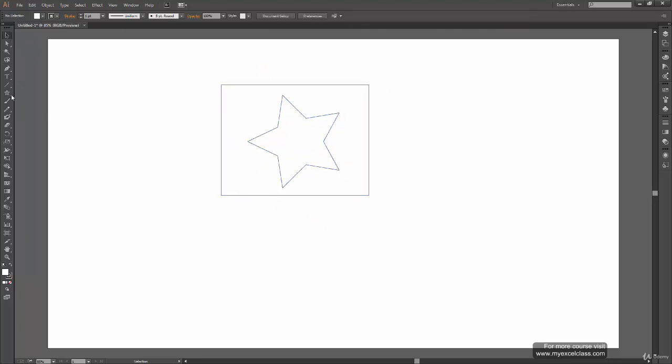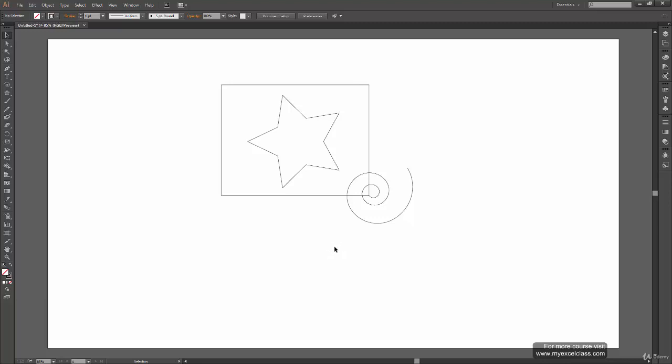and create a shape. Alright, so let's see if it works with the spiral, arc or line segment. So let's test it on the spiral tool. Again drawing a spiral from the center of a rectangle, and again I'm pressing the space key to reposition it to the corner of a rectangle, and when I'm sure of my position I can release the space key and then release my mouse click. Alright, so that's just a simple functionality, or you can say a simple option key, that is available for all the tools.